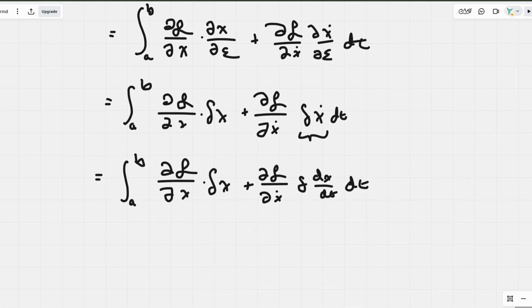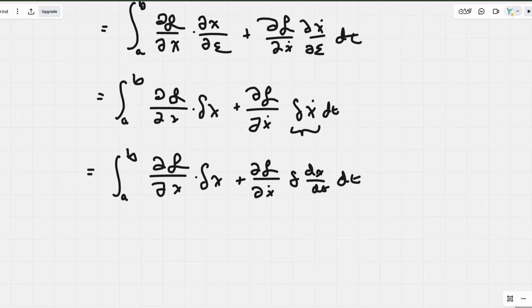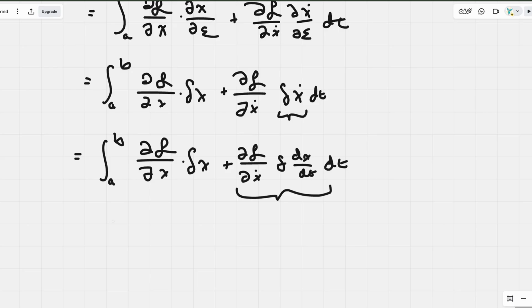And then the next step would be we're going to apply integration by parts to this term here. And this is the integral from a to b of the Lagrangian here, and then